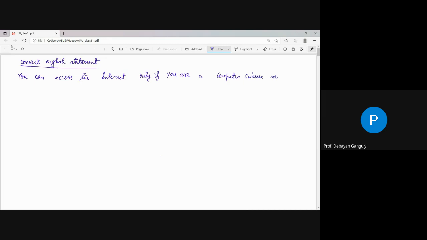Today we will do some problems in propositional logic, like if they ask you to convert any English statement. For example, it is given: you can access the internet only if you are a computer science major or you are not a